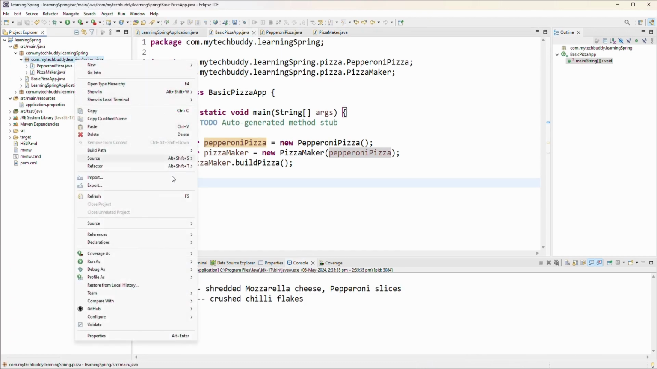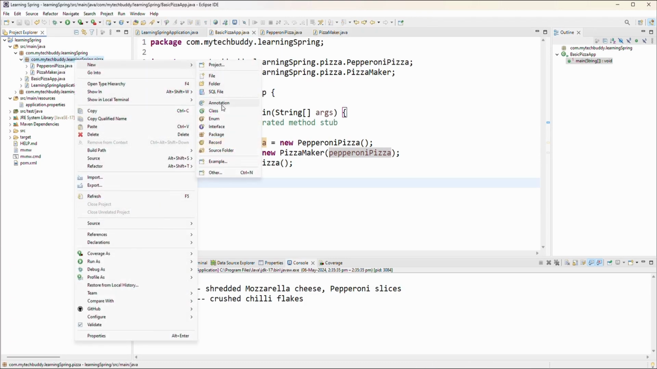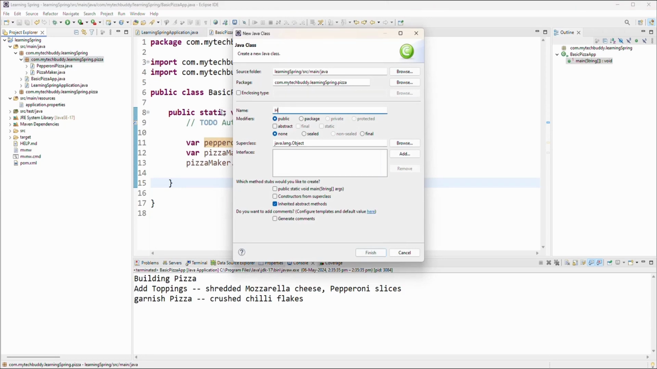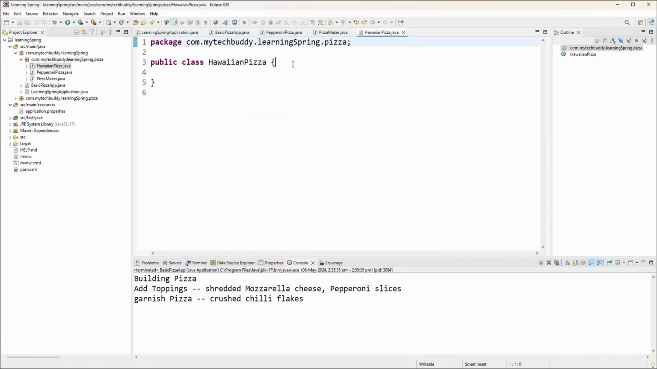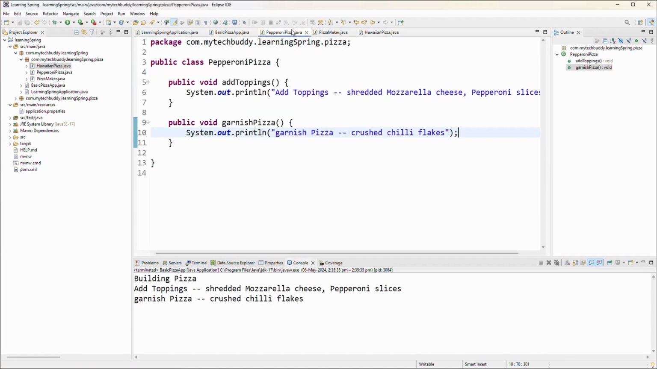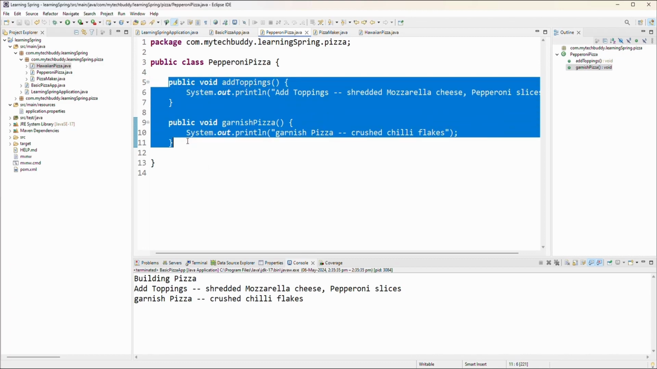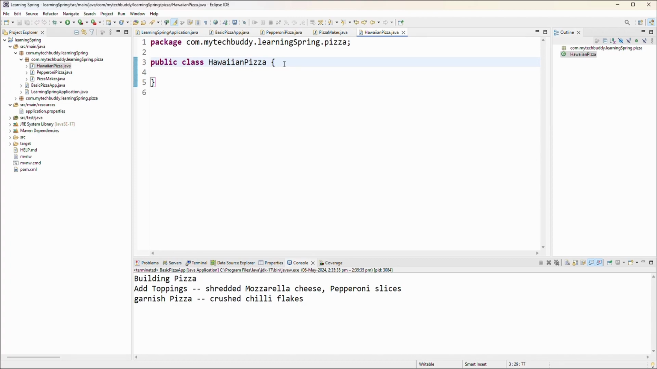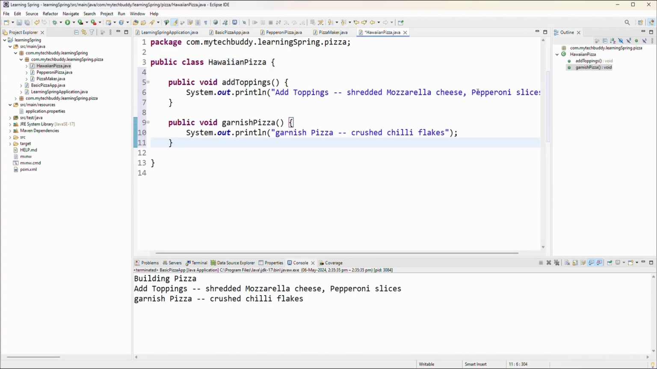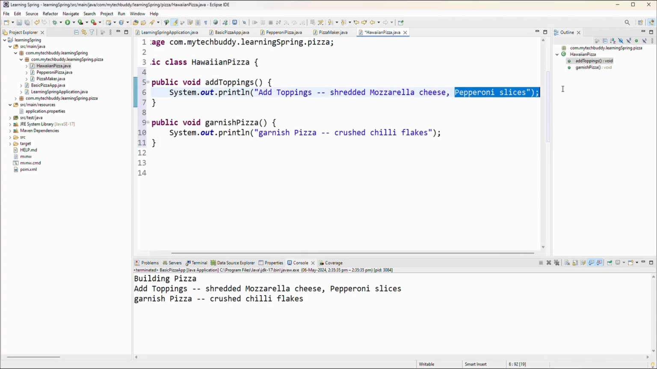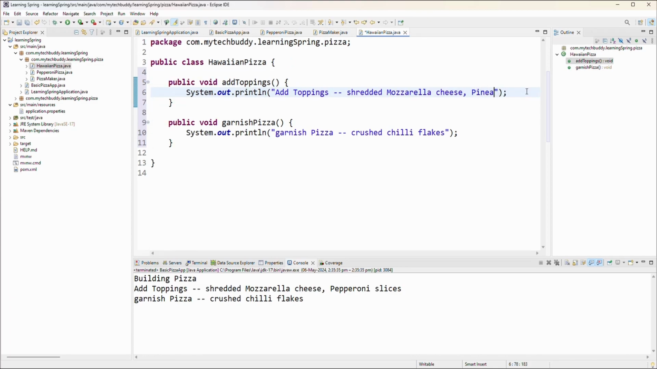So let's add one more pizza here. We'll again select a class and choose Hawaiian pizza. Again it will have these two methods, add toppings and garnish pizza. So we'll copy it here, and instead of pepperoni slices it will have pineapple slices,